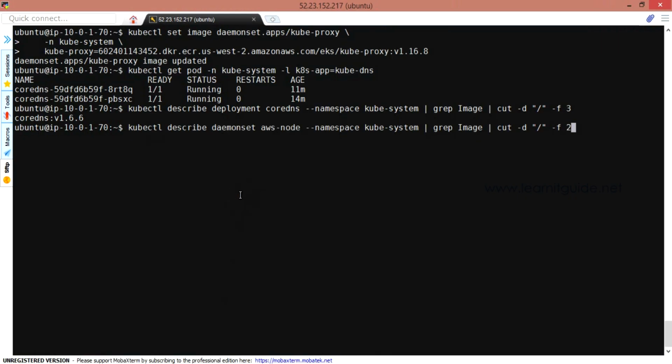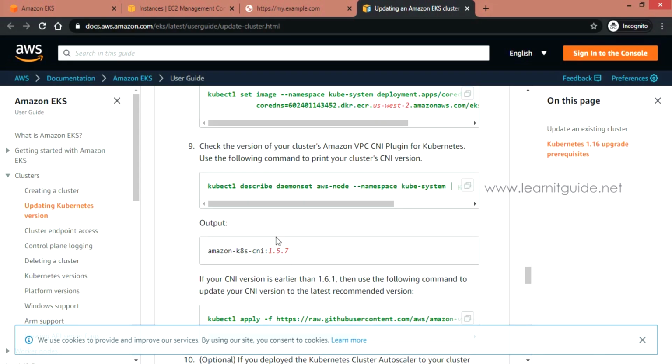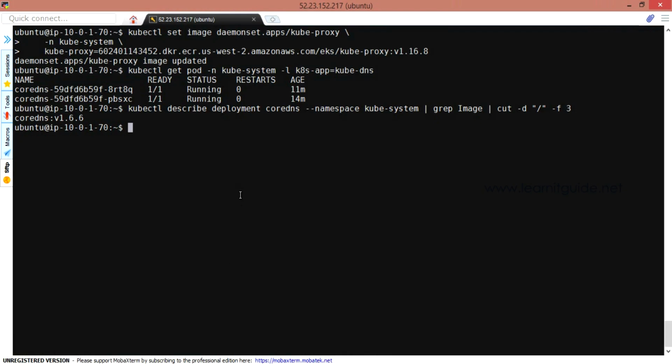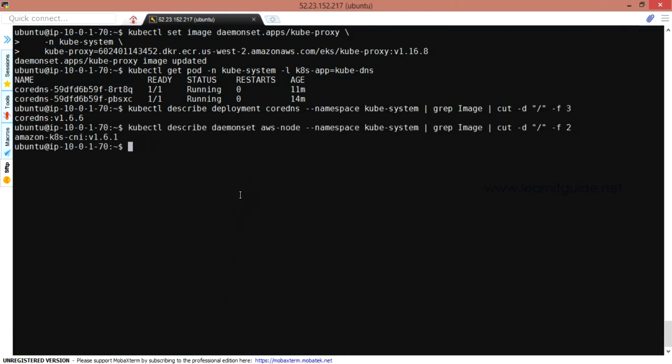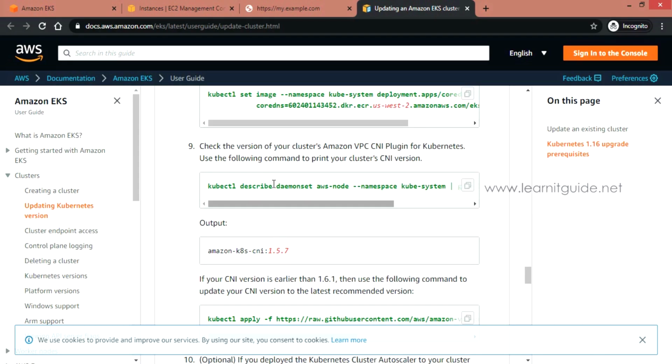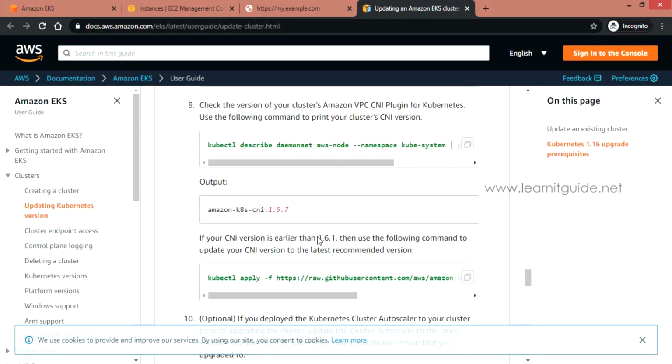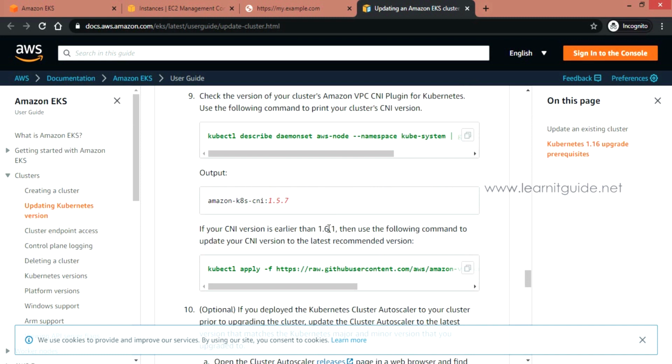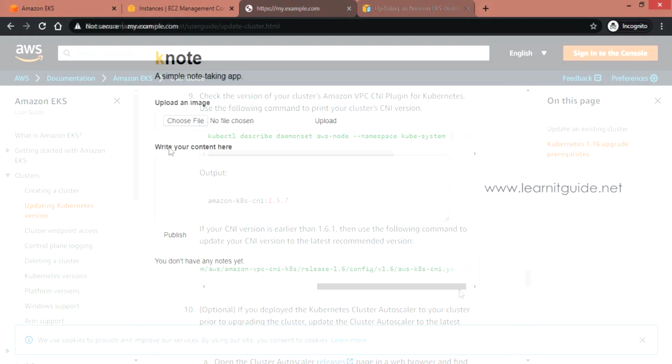And the CNI plugin, yes, we need to first check what version I have. So I have version 1.6.1. So that's it. We have successfully upgraded our Kubernetes cluster version as well as the node group version.